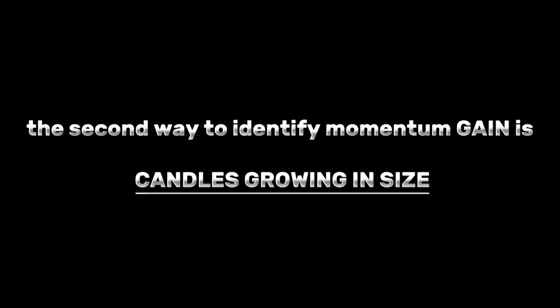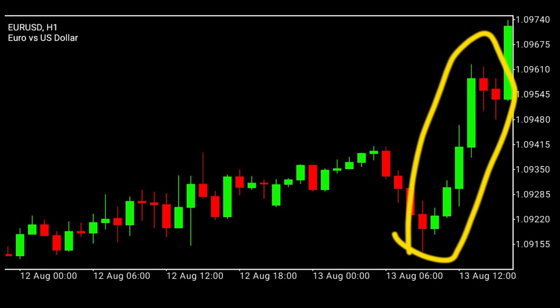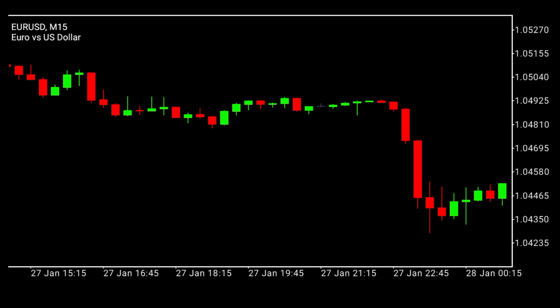The second way to identify momentum gain is candles growing in size in an uptrend. Notice how each candle is getting larger and moving a greater distance per candle, which shows a gain in bullish momentum. You want to trade with this gain of momentum and not against it. And in a downtrend,